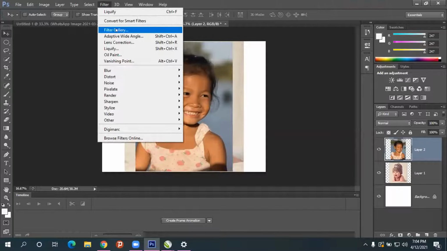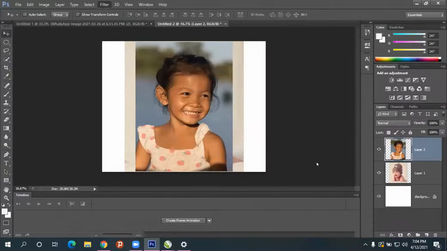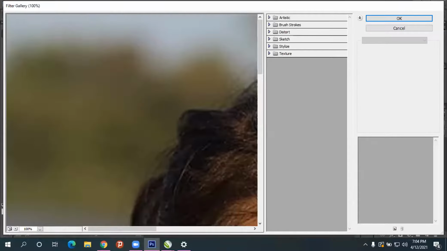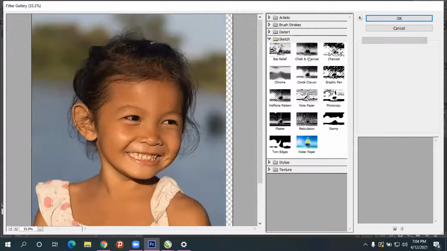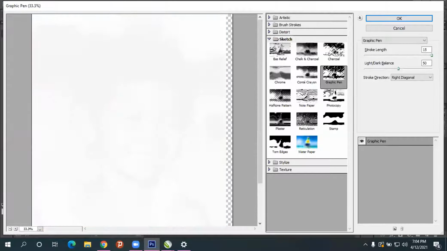Filter menu, in that Filter Gallery. Zoom out. See Sketch, Graphic Pen, and Photography.